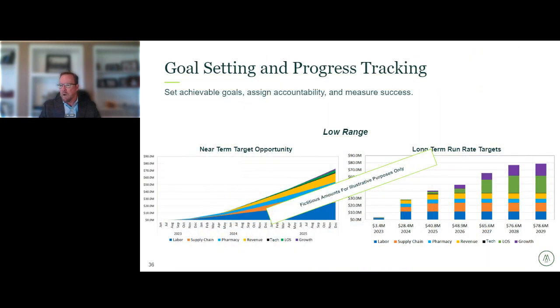And forget what's on the graphic. This is just illustrative. We just grabbed some graphs, but you want to be able to make sure you track what you're doing. We deploy in our clients a program management office kind of structure that's driven by leadership, led by the key folks in the organization, has some discipline and accountability and structure to it, because you're talking about managing a large number of projects to solve a problem. But that's really the nuts and bolts of how you achieve the transformative type of change that we're